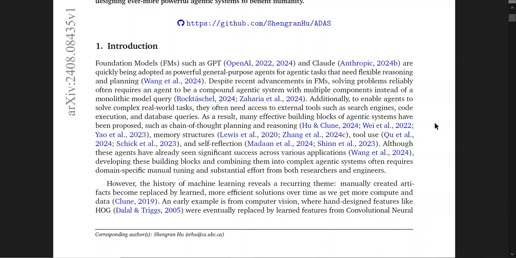Although these agents have already seen significant success across various applications, developing these building blocks and combining them into complex agentic systems often requires domain-specific manual tuning and substantial effort from both researchers and engineers. However, the history of machine learning reveals a recurring theme. Manually created artifacts become replaced by learned, more efficient solutions over time as we get more compute and data.